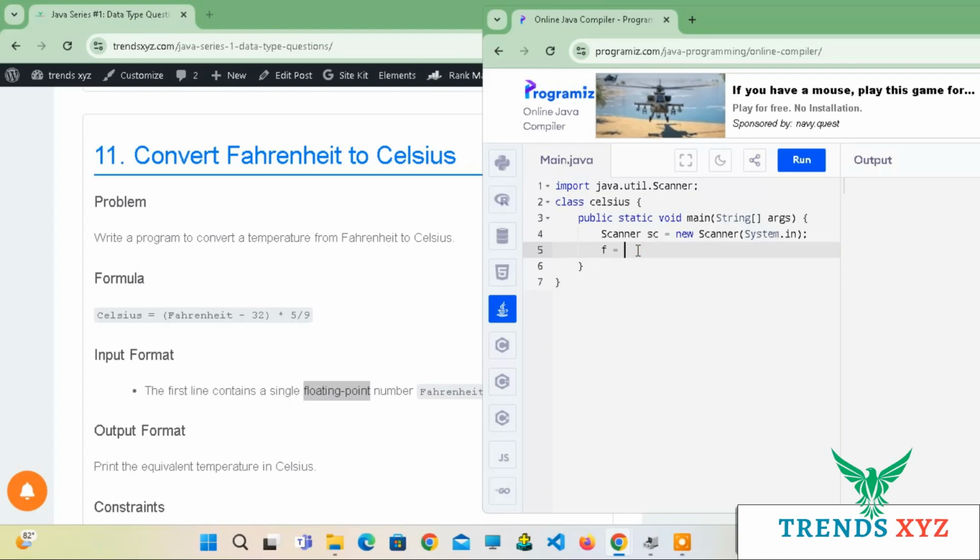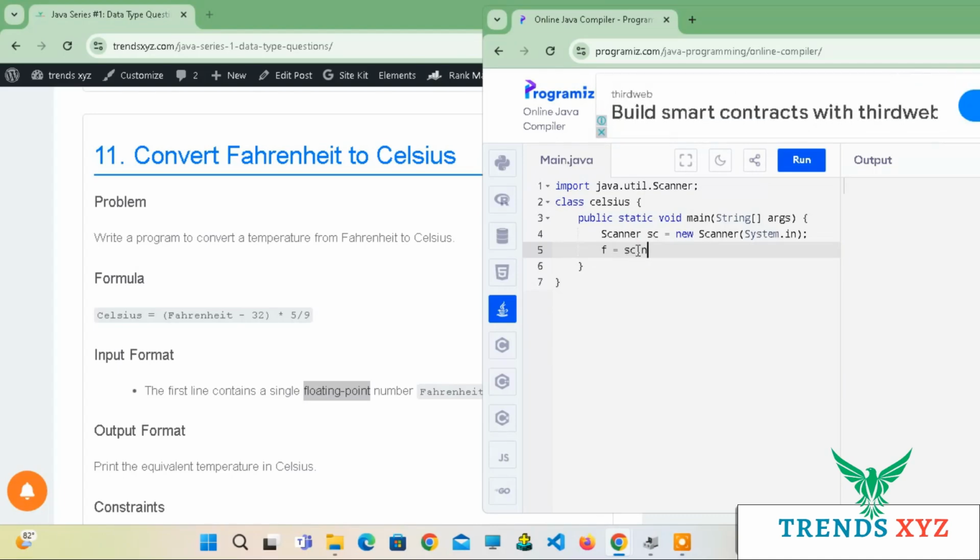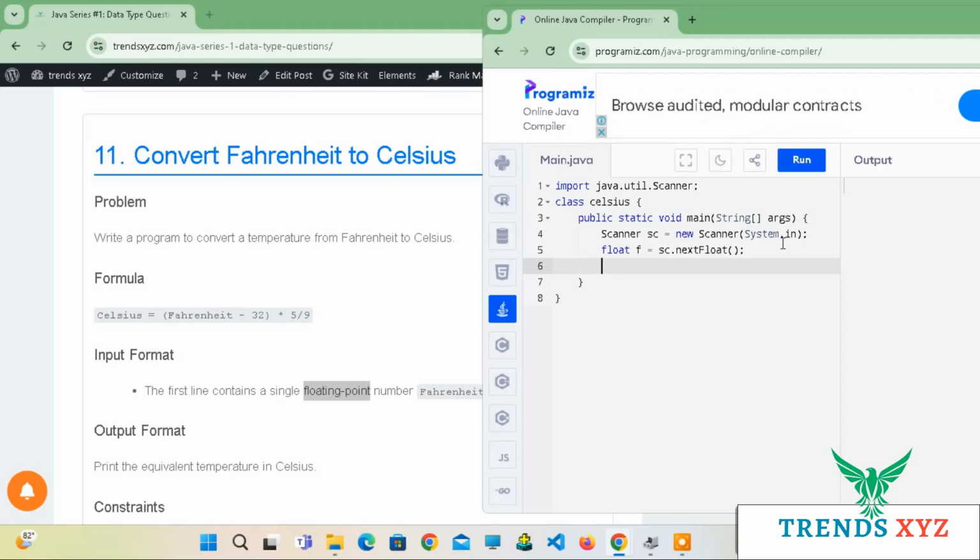The value is from the user, so sc.nextInt. You cannot write int here because you have to take a floating point, so you have to write float here. If you write float, you have to write the data type float for this variable f. Now after this you have to calculate the value for the Celsius, so the f value will come here